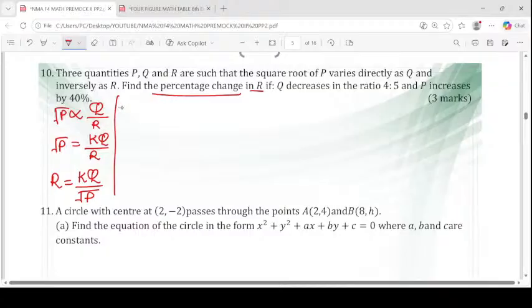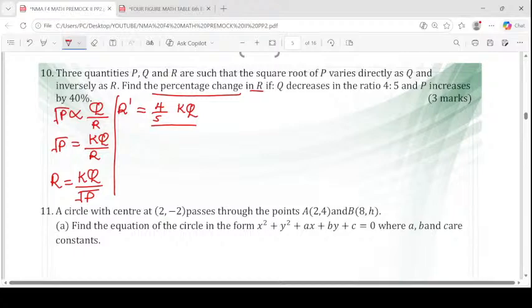To get the new R, R prime, it's going to be 4/5 KQ, all over